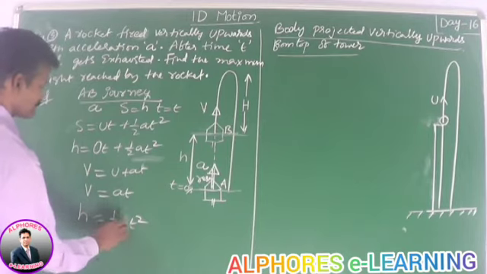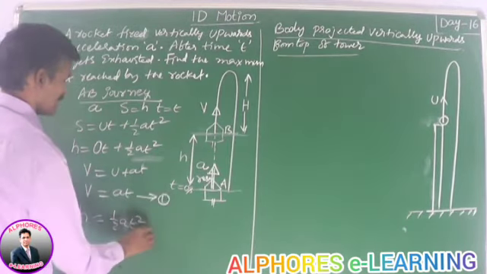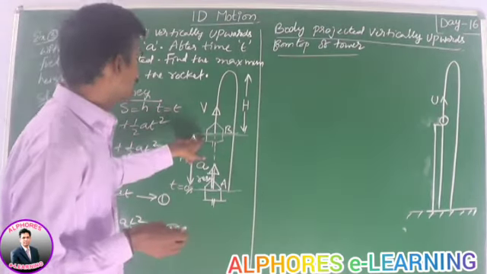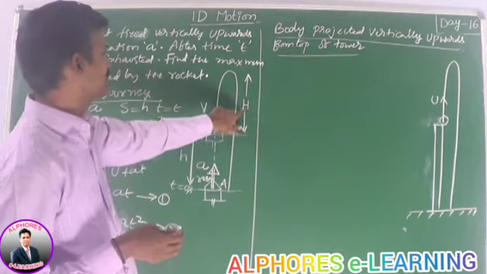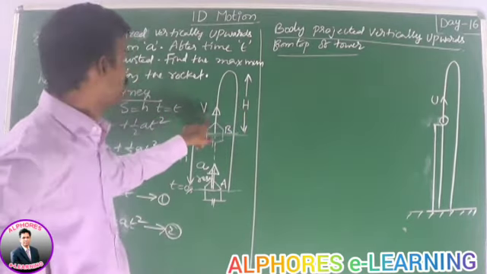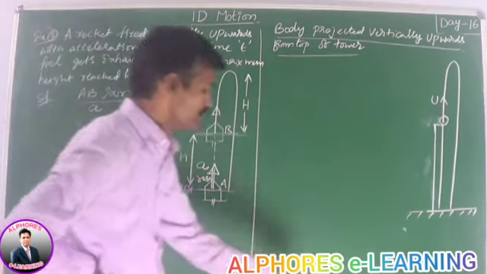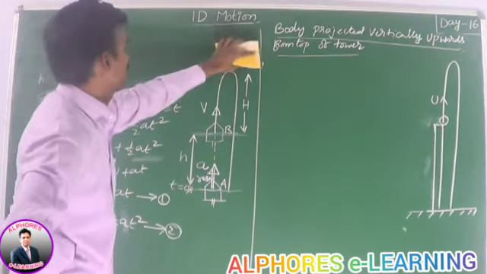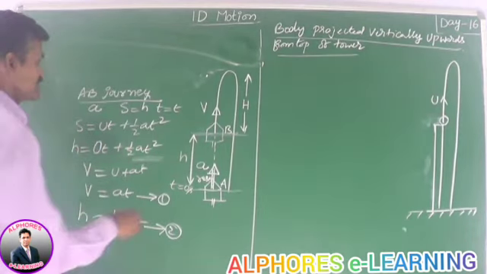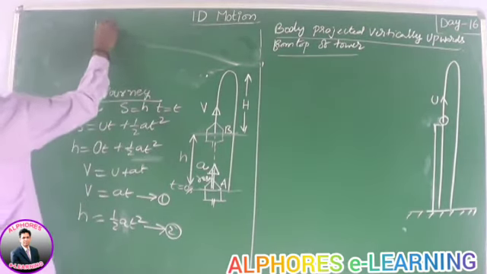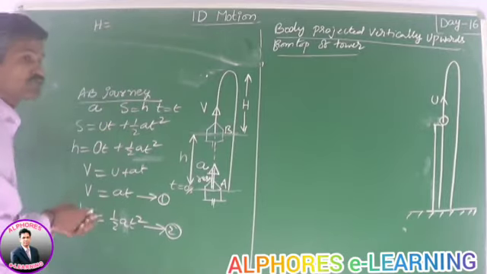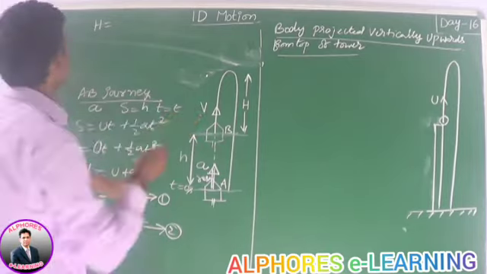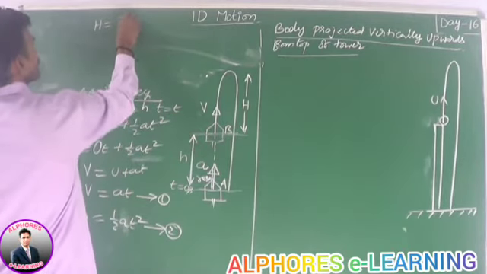Half at square. So this is our first equation and this is our second equation. With these two, what is the height? How to calculate this capital H? With this velocity v, this body behaves like a vertical projected body. We already know the maximum height of the vertical projected body is capital H. That capital H is obtained by u square by 2g if initial velocity is u. But in our case, initial velocity is v. You can write it as v square by 2g.